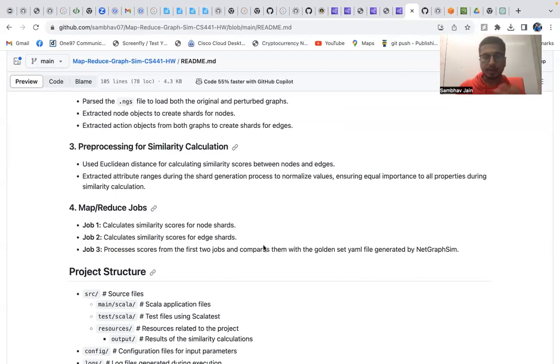I have written a custom method for it. After we generate the shards, the shards are passed to the MapReduce jobs. To perform these tasks, I have three MapReduce jobs. One is the MapReduce that is performing similarity calculation for nodes, and the second MapReduce job is for edges, which is calculating the similarity score for edges, and the third MapReduce consumes the results of both the MapReduce jobs,